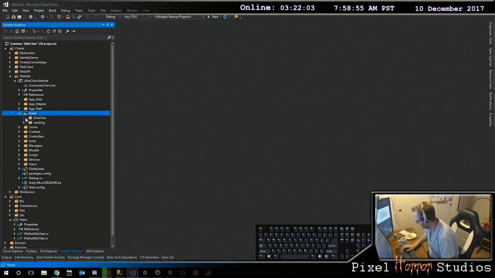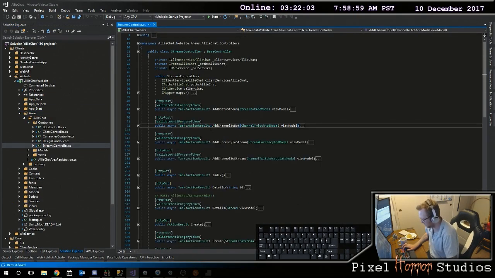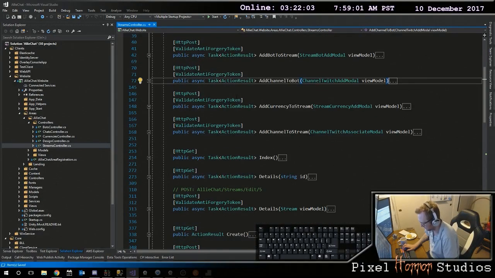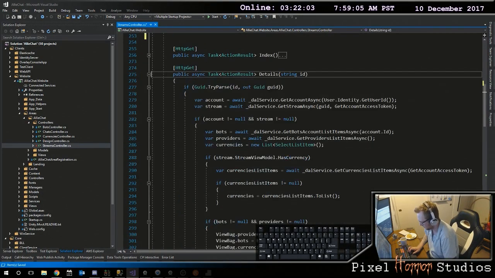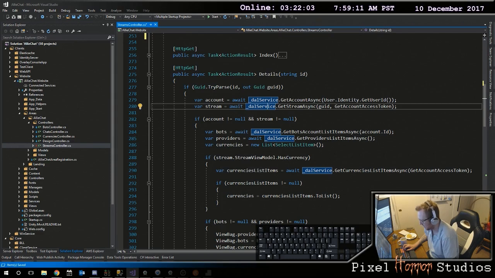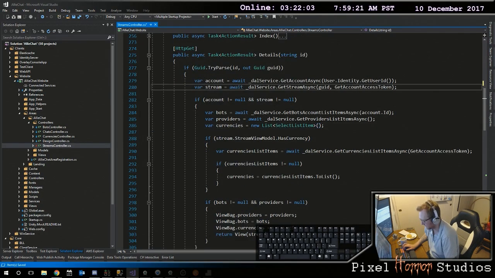Okay, so here under allie.chat, we have something here called streams. So when we are loading our stream here, right, we have something here called details. When we're loading this, we have to get our account and our stream. This is getting this from the data access layer of the service, right? And then we're getting our bots associated with this account. We're getting the providers, which are everybody, and then we're getting currencies. When we're getting our stream here,